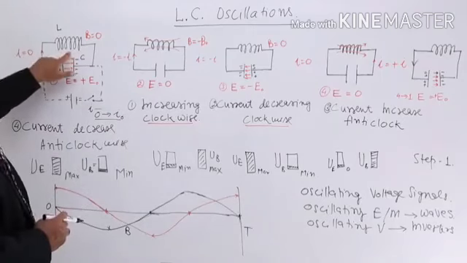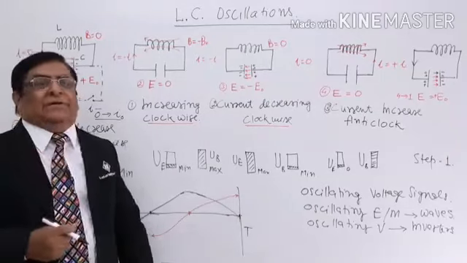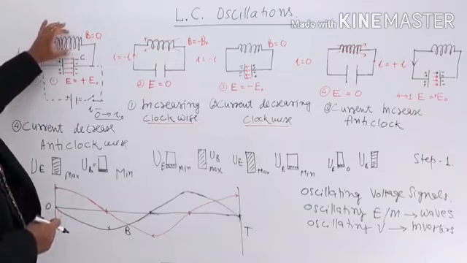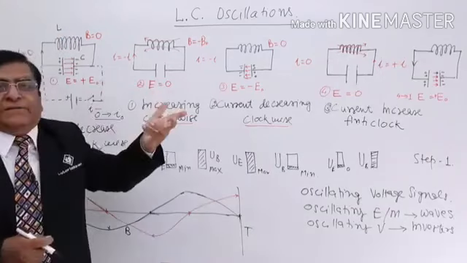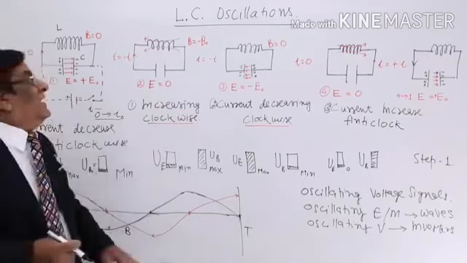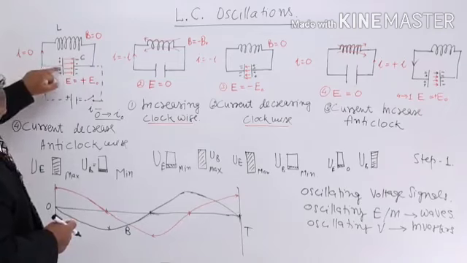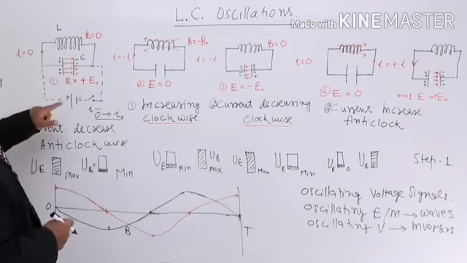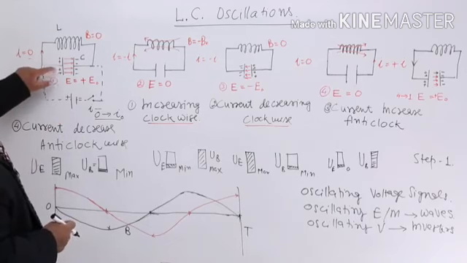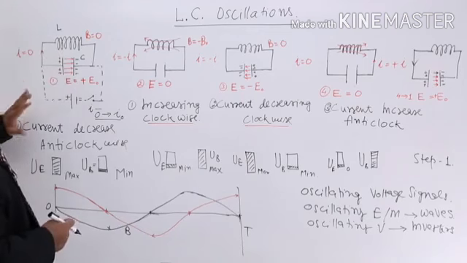what is the nature of an inductor? It opposes any increase or decrease in the current. So it opposes it, so a changing current it will not allow to pass. If this does not allow to pass, then all the current goes there and this will also not allow to pass. So what will happen? All the charges going here get deposited at this point. So this plate becomes positive and this plate becomes negative.